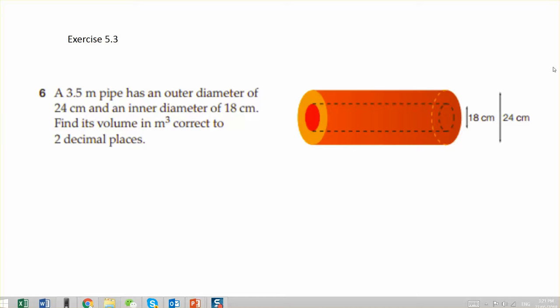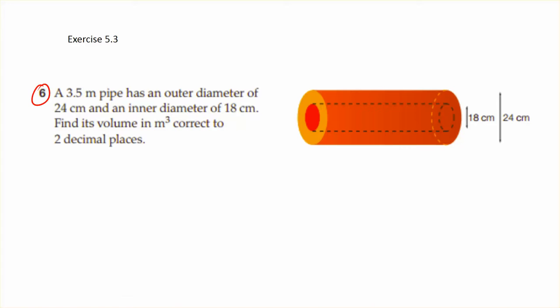This is for Year 10 Methods Pathways. We're going to look at exercise 5.3, question 6. So we've got a 3.5 meter pipe, and it's got an outer diameter of 24 centimeters and an inner diameter of 18 centimeters. So in terms of diameter,